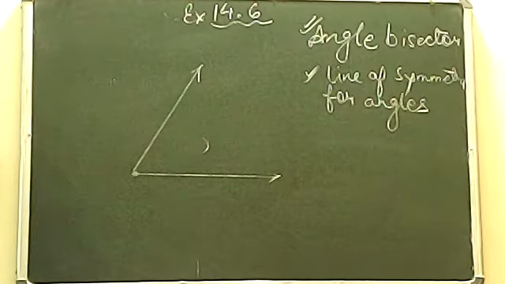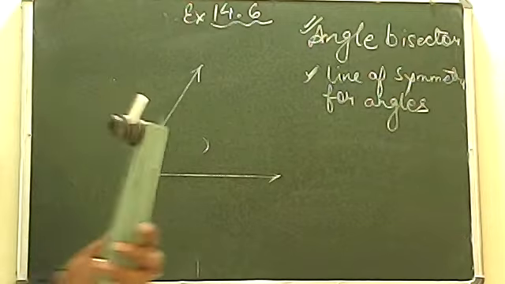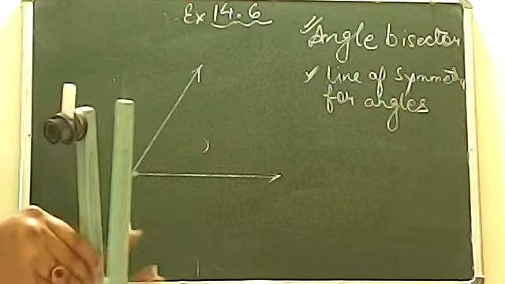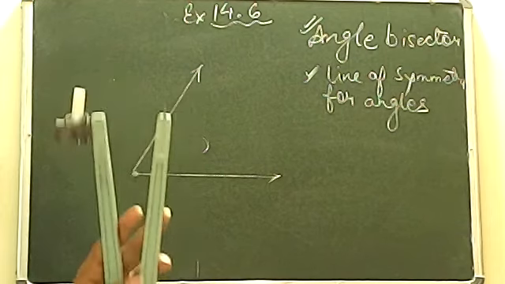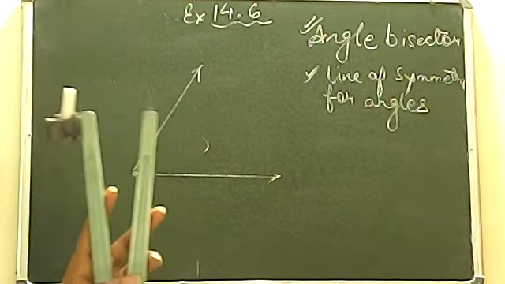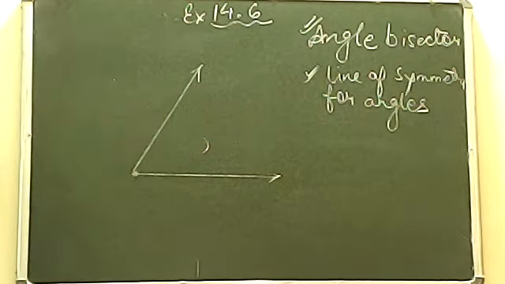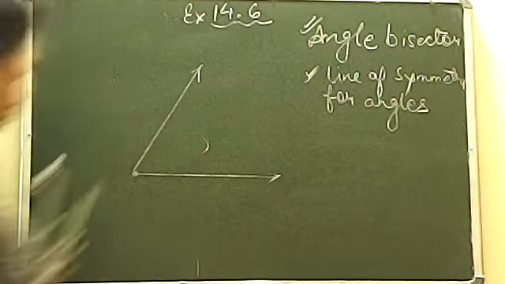Now let us understand how to draw the angle bisector of any angle. There is no use of the scale now. Take your compass and open it as much as you want. There is no measurement, but open it a little more. Not just a little, it should be somewhat more. So open your compass. Now students, first understand. Once you understand, then do it. All the students, please focus on the board right now and then you draw it. I'll give you the time for drawing.